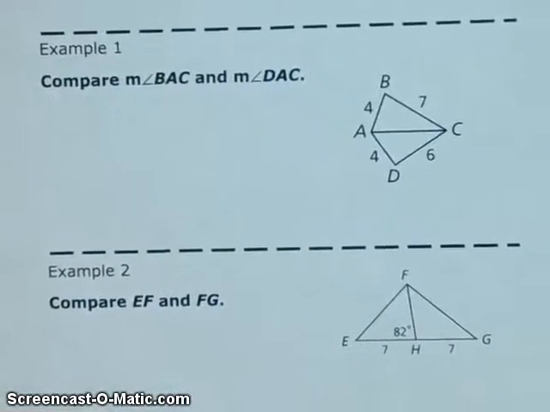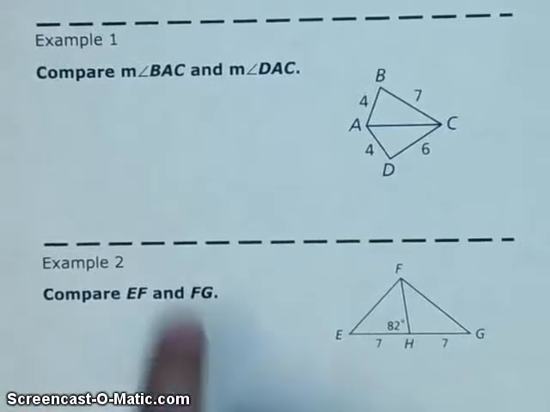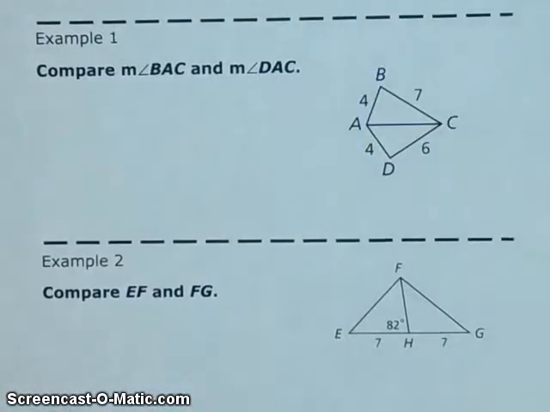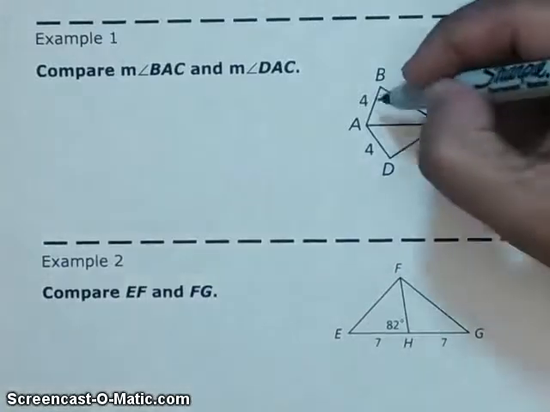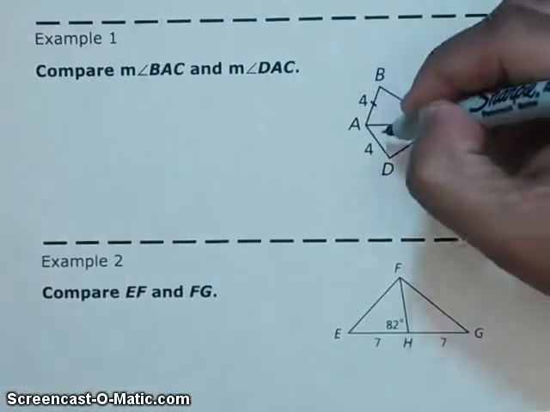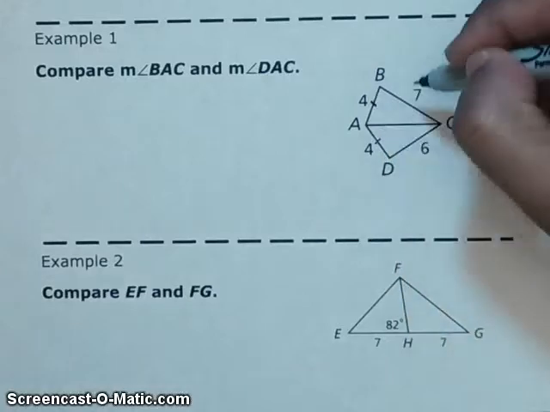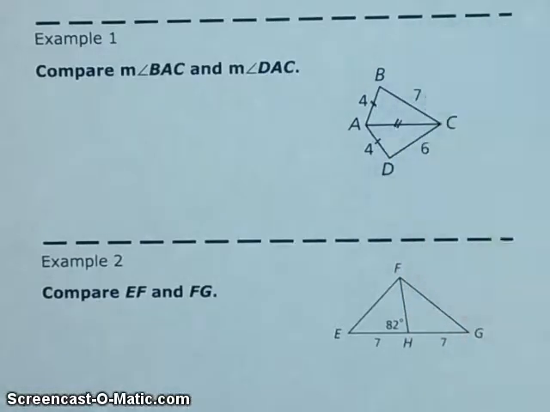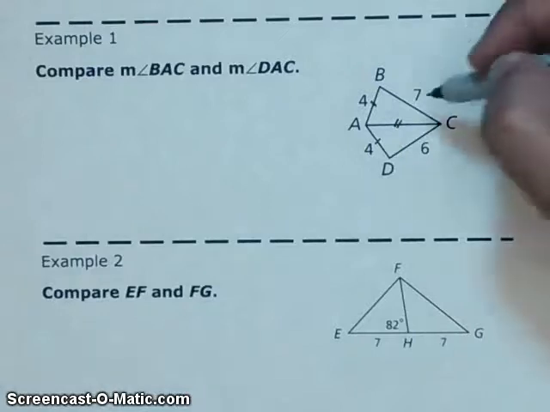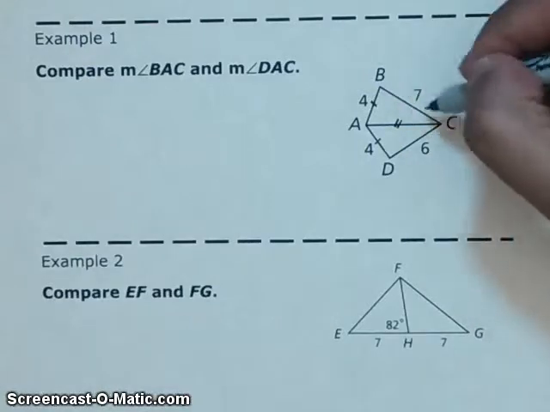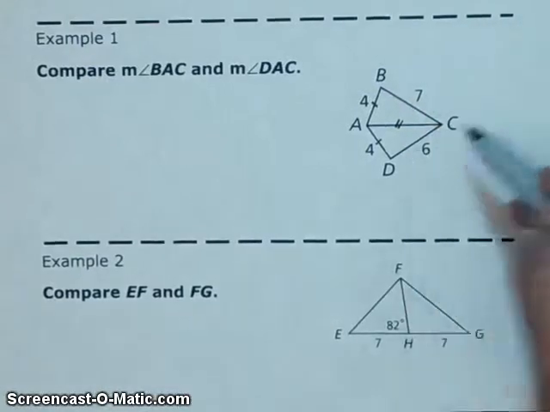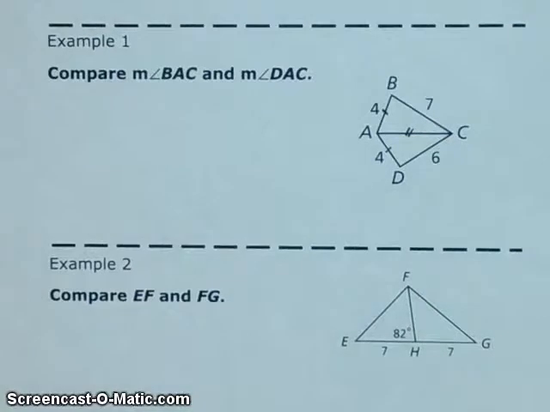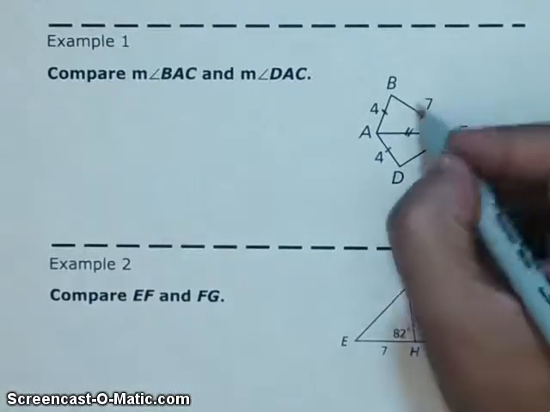Alright, so now we're going to look at some examples. And it says compare the measure of angle BAC with the measure of angle DAC. Okay, so I notice segment BA is congruent to segment DA, and AC would be congruent to AC. It's going to be congruent to itself. Alright, so since the distance from B to C is 7 units and the distance from C to D is 6 units, that means then that